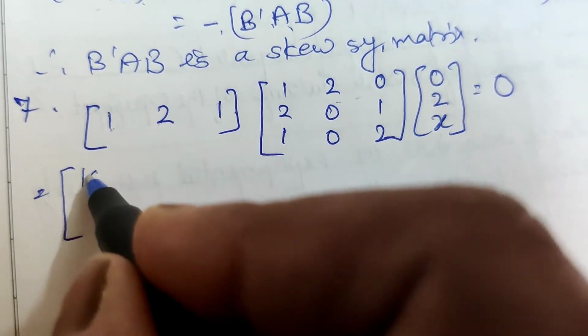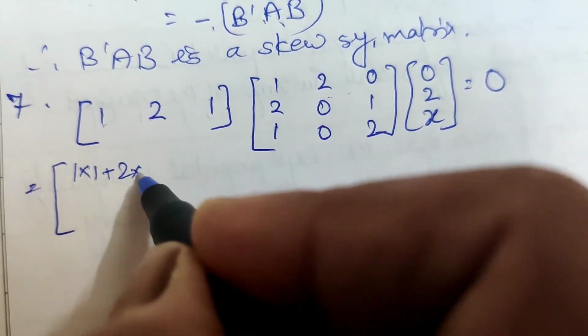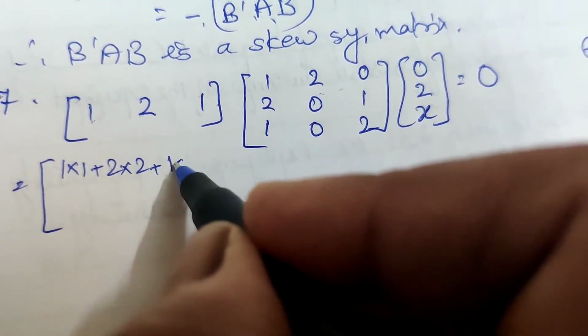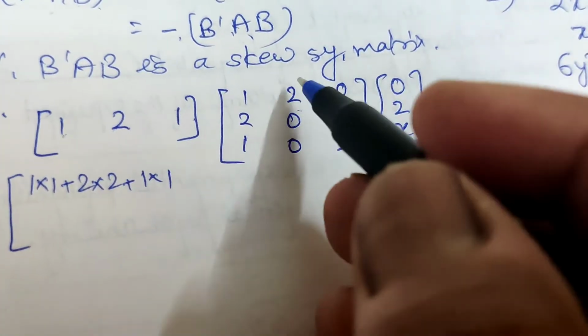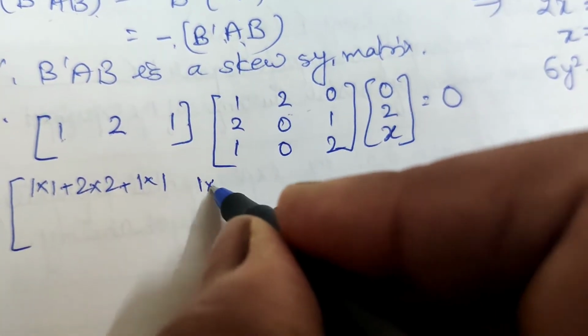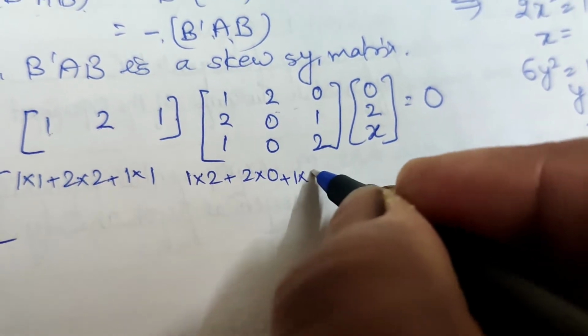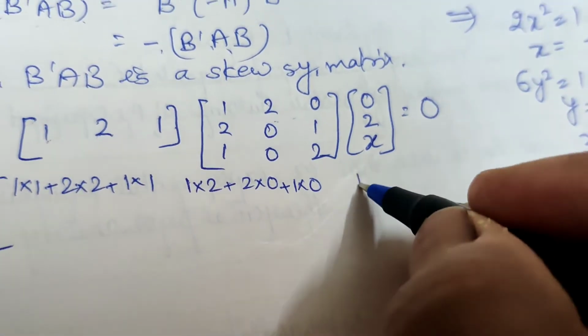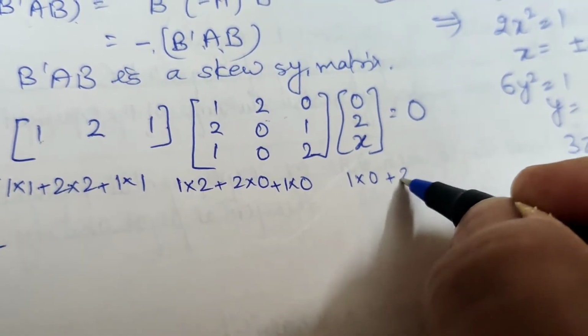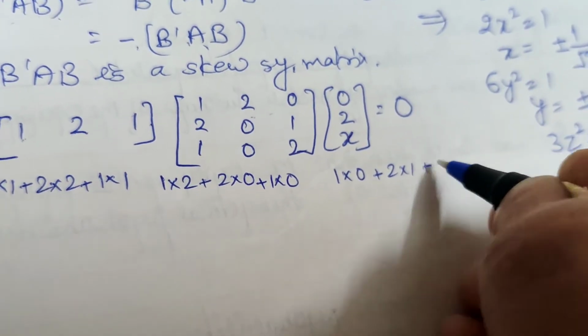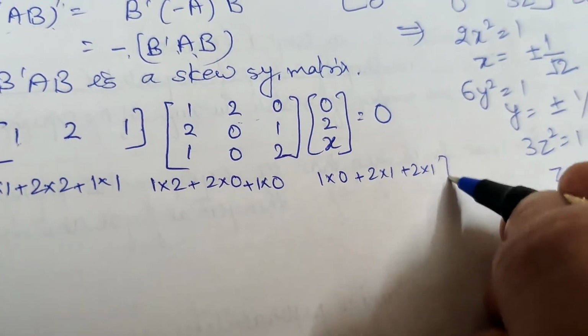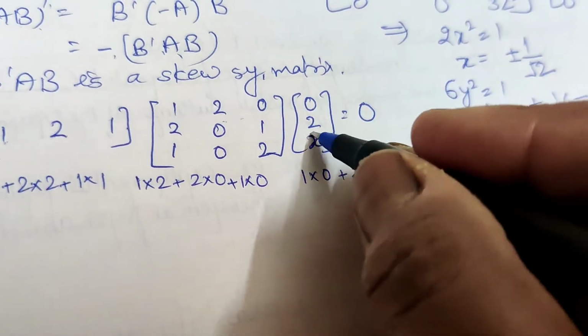Then 1 into 1 plus 2 into 2 plus 1 into 1. First row, second column, 1 into 2 plus 2 into 0 plus 1 into 0. And third, 1 into 0 plus 2 into 1 plus 2 into 1. And multiplied to the matrix 0 2 x